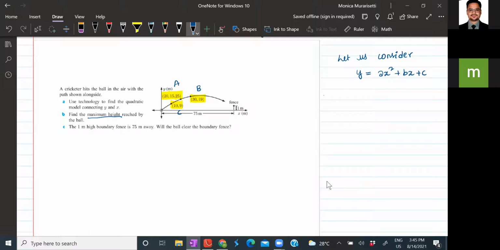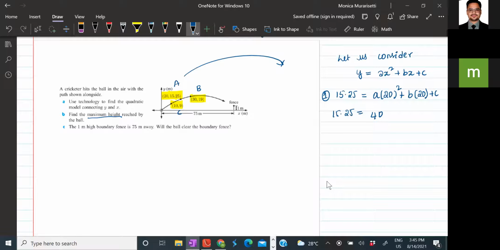So my first equation would be in plugging in A in my main equation. So what would it be? 15.25 is equals to A into 20 square plus B into 20 plus C. So it would be 15.25 is equals to 400A plus 20B plus C. Similarly, you can plug in the second one, that is 10,9.